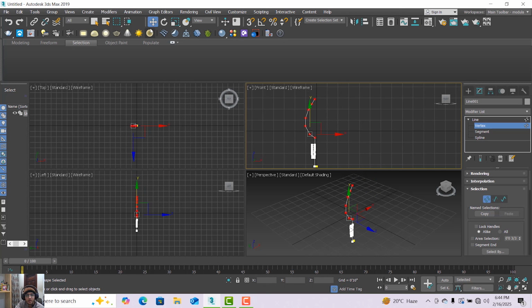Select by holding, first click on the select and move tool, and select all the top vertices, and now